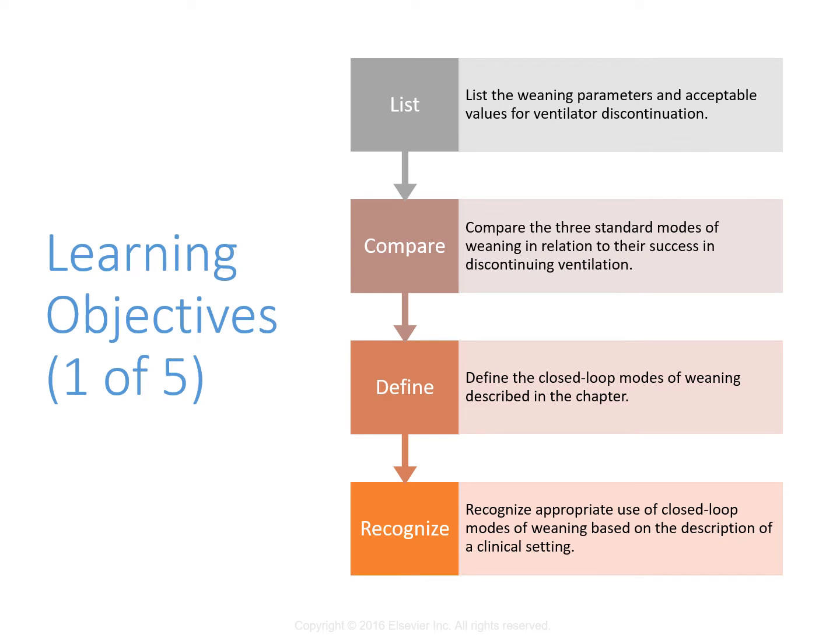So learning objectives here: be able to list the weaning parameters that are acceptable for ventilator discontinuation, and understand that some of those values are based upon normal pathophysiology. You really should consider baseline patient status before going into this in depth, because one of our goals is to get that patient to their baseline. If we can get them to their baseline in a healthy state, then that can be considered their ability to